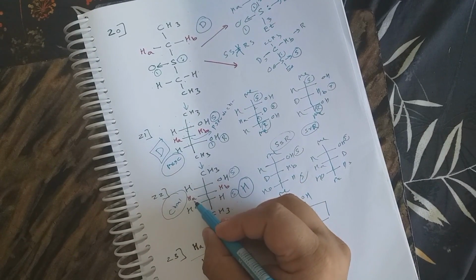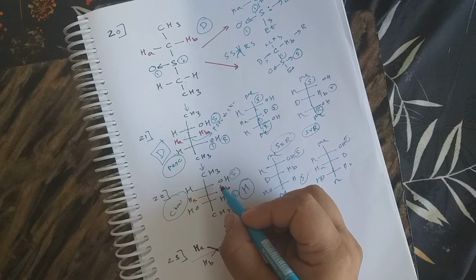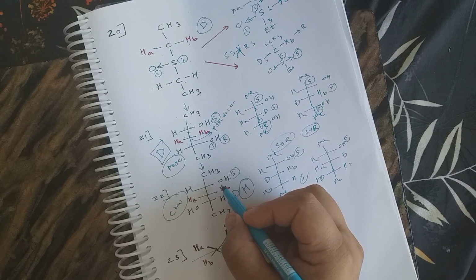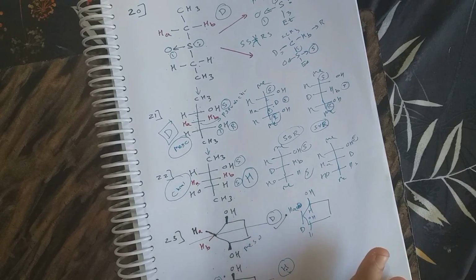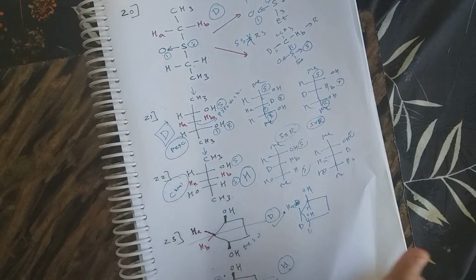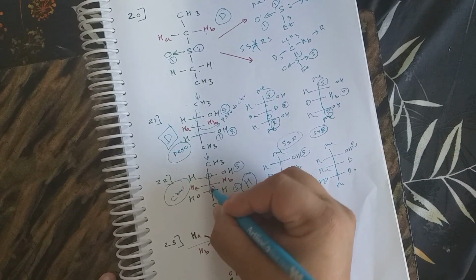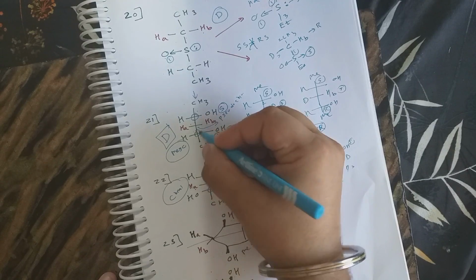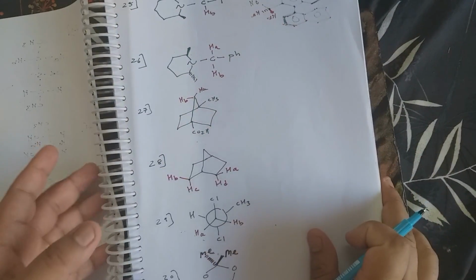One time HA is opposite to this. You would have to draw its Fischer form and consider the eclipsing interaction, so leave it. Directly you can use a shortcut trick: if meso, then diastereotopic; if chiral, then homotopic. But here the connectivity is the same, which is why I have used this shortcut. If the connectivity is not the same, then this shortcut won't work.